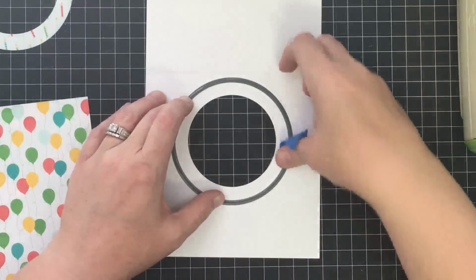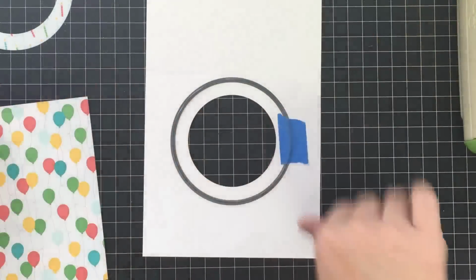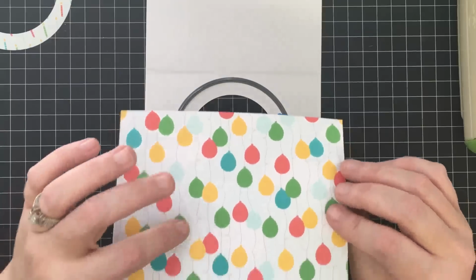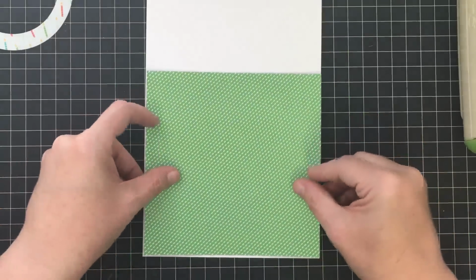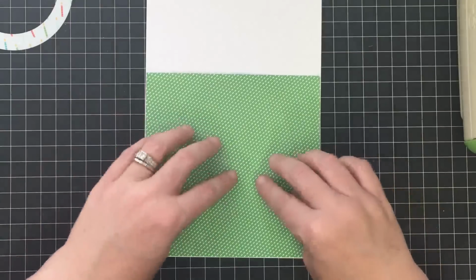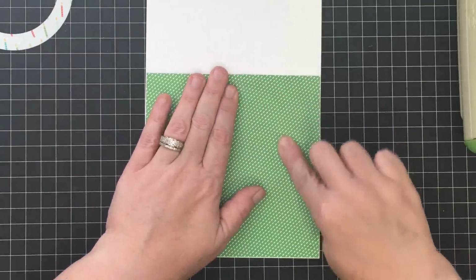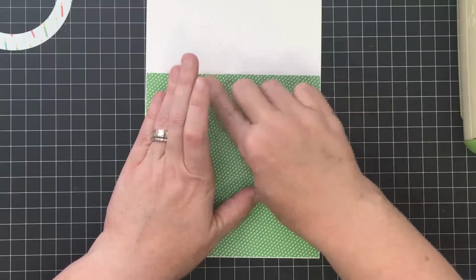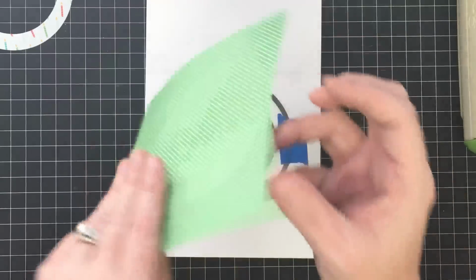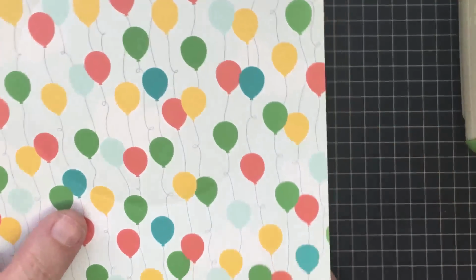I'm going to take a piece of tape and just tape this into place. Just one side is plenty. Then I'm going to take my paper with the side I want showing facing down, and I'm just going to line it up on the front of this card front. Okay. With my fingers, I'm going to burnish that little cut blade right around. And when you do this, you kind of give yourself a trace mark, which you probably cannot see, but it